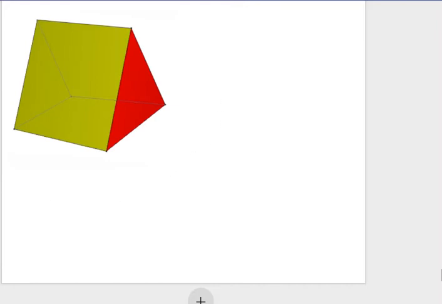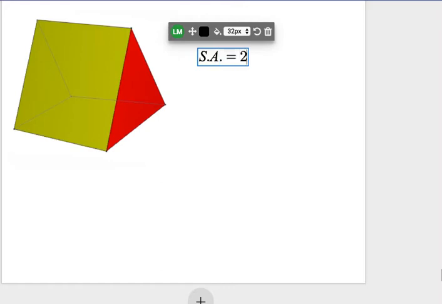So I'm going to just first go ahead and put, so my surface area is going to be 2 times whatever those triangles are, which I'm just going to put base times height divided by 2. Oops, I don't want a z there, I want a 2. Okay, yeah, base times height divided by 2